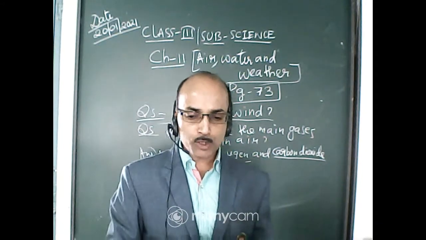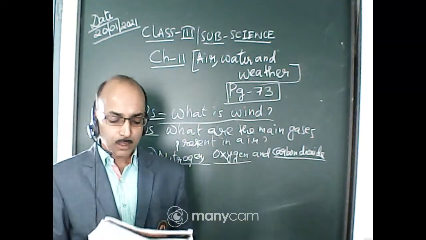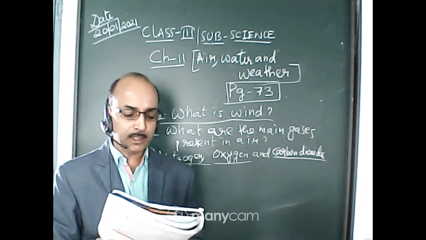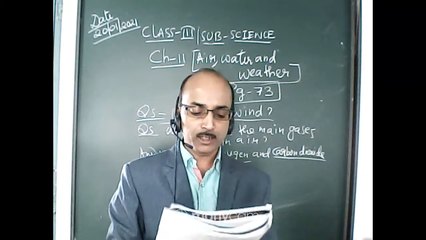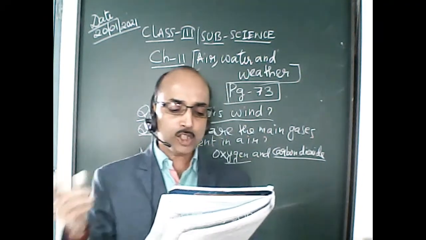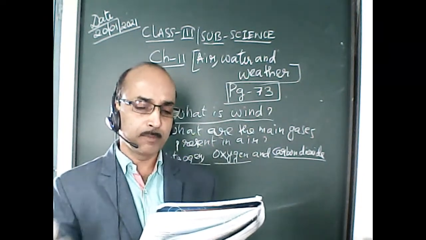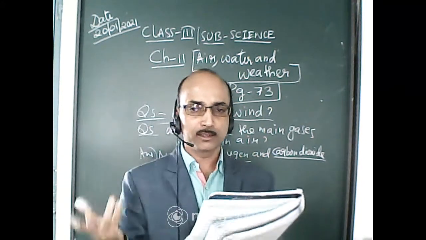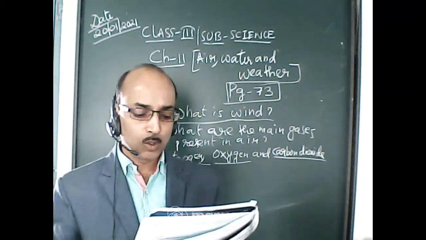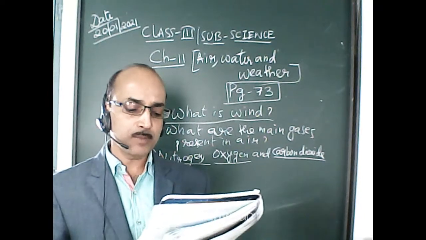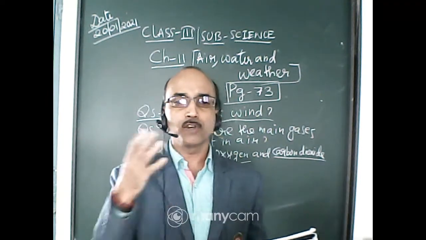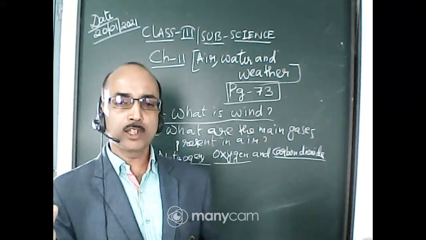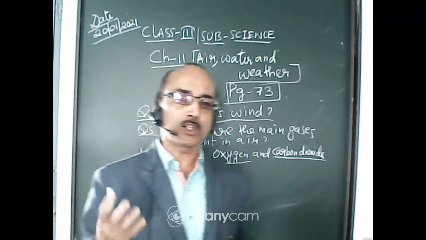Okay, now we come to water. Water is the most important thing for life on earth. We need water to drink, bathe, wash clothes and for many other purposes. Bathe means bathing, using water. Rivers, lakes and streams are some sources of water. Along with air, water is also very important for us.